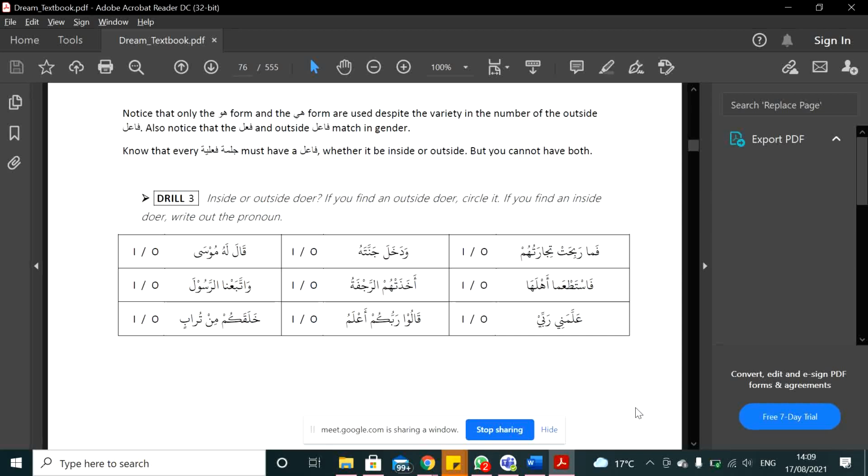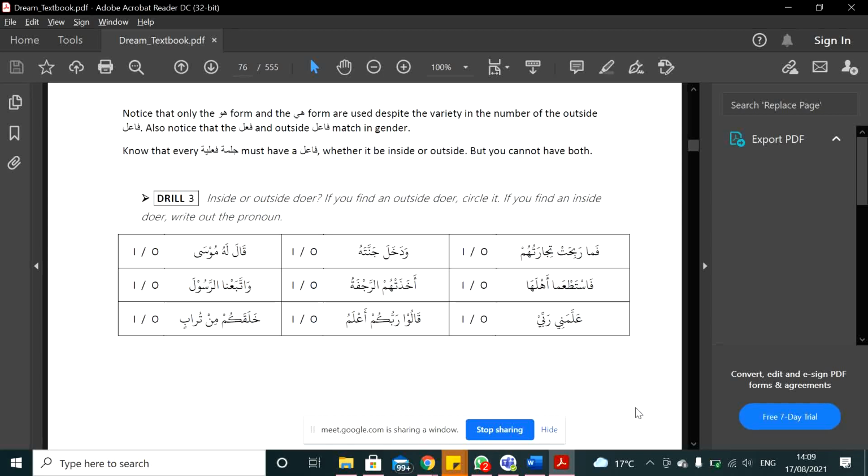Sister Hodma. Khalaqakum min turabin. Is it the same thing, that I ignore the kum? You ignore the kum. And look, we do not have any fail with the command in Maadi, right? And look at khalaqa. Huwa khalaqa. So we look for the outside doer. Min is harf jar. Turabin is therefore in jar form. So that wouldn't be. There is no ism in marfu form. So we do not have any outside doer.